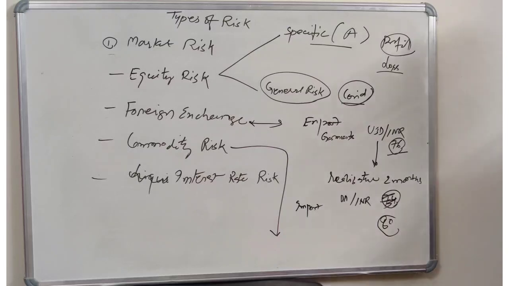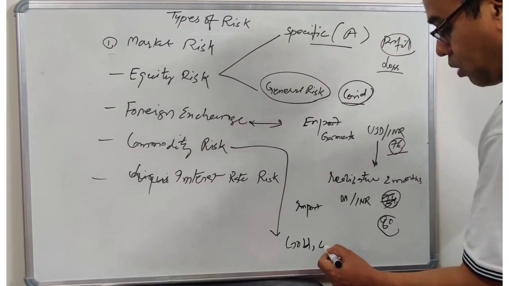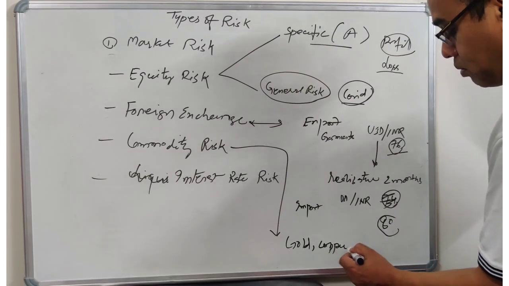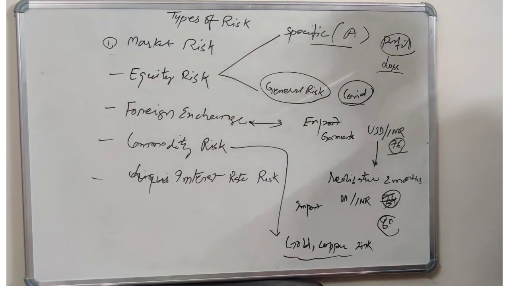In that case, there is a chance of risk, or loss, or maybe their profit gets squeezed a little bit. So these are the risks related to commodities. It can be gold, copper, zinc. The prices of these commodities fluctuate because these are internationally traded commodities. Or maybe oil,